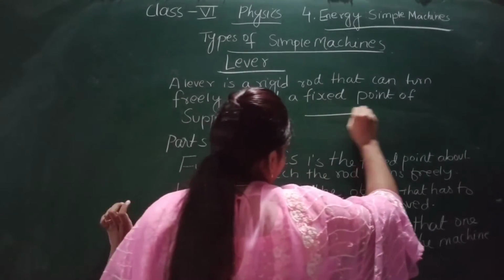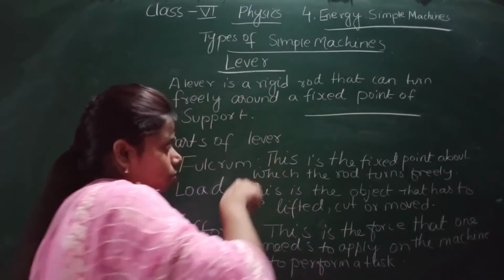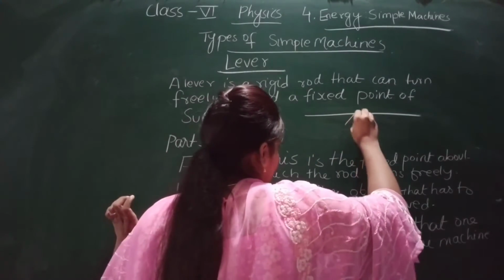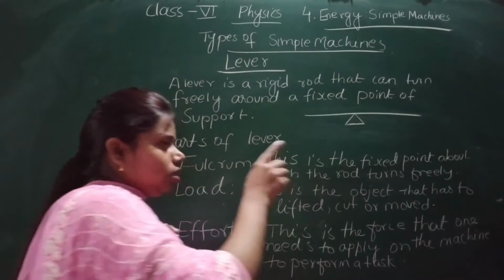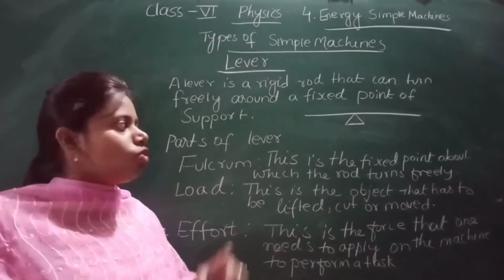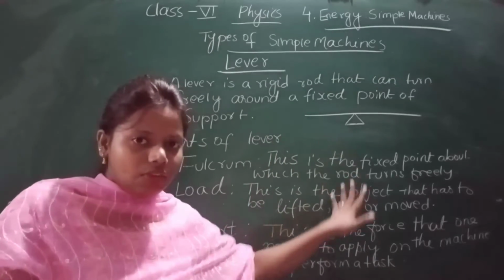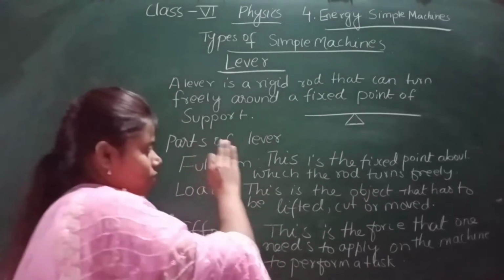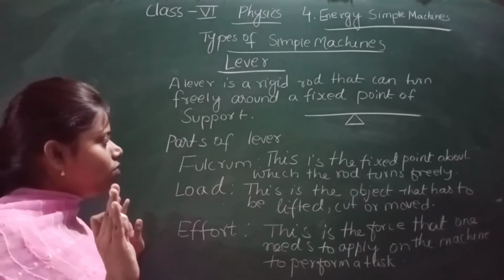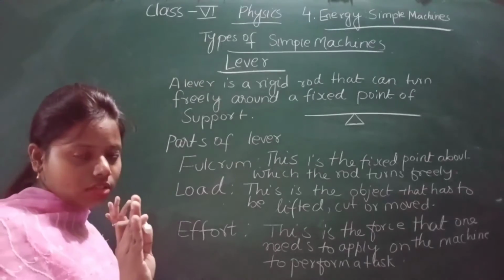For example, you see here, what I am going to make is a lever. I am making the first class lever. I will tell you what the first class, second class and third class levers are. First of all, you see in the case of a lever also. So this is a lever I have made. In the lever, there are three parts.